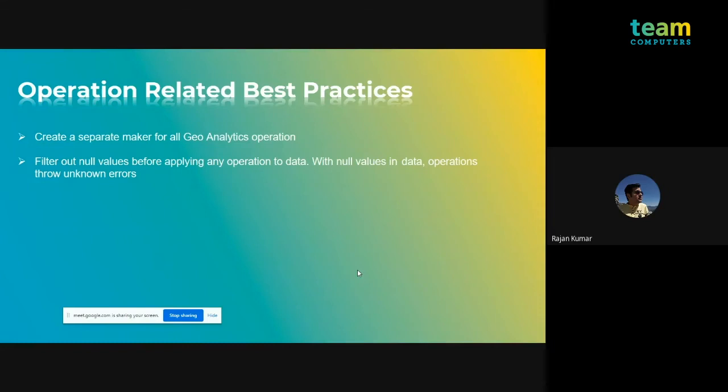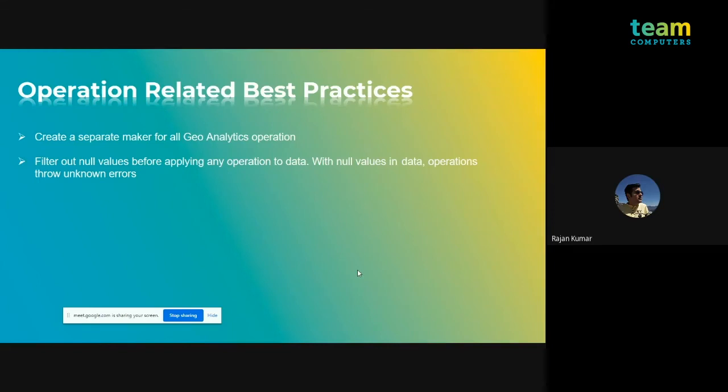So take that data into a separate maker, take your location IDs along with you and run all the operations in a separate maker, and just create a final QBD for location IDs on which you create the UI part. Then use those QBDs to simply join into your existing application and create your UI charts.